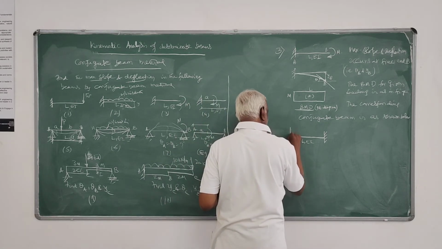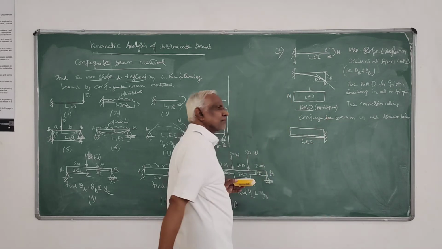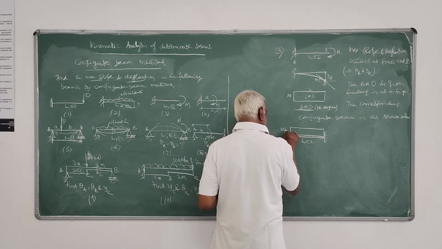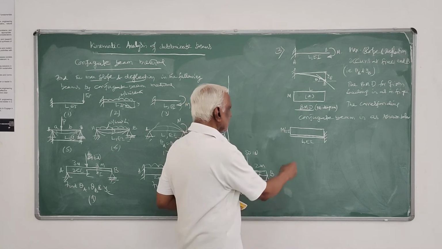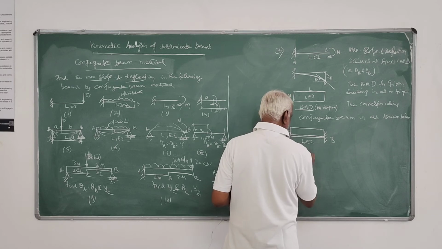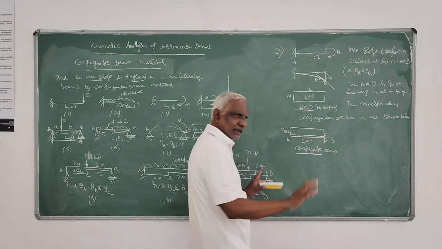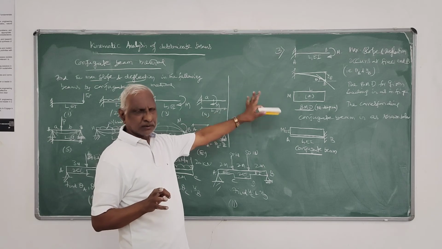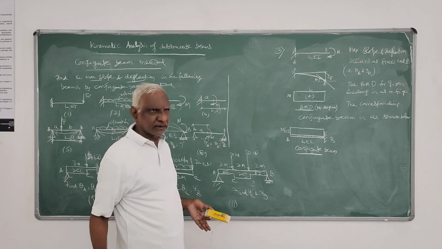So here the loading will be, this is the M diagram. Correct? So it will be M divided by EI. Each ordinate I have to divide by EI. So this is the loading on that conjugate beam. This is your conjugate beam. Correct? This is a very important thing. So I have taken the real beam, drawn the bending moment diagram as the standard case, then written the corresponding conjugate beam by remembering the definition.